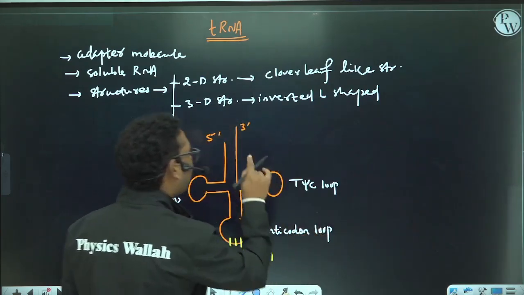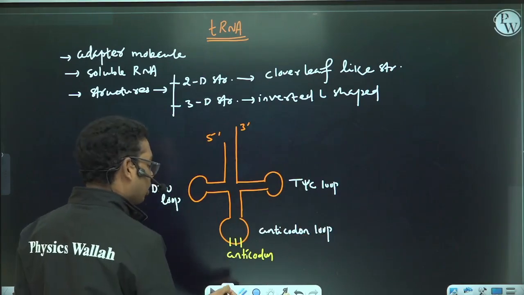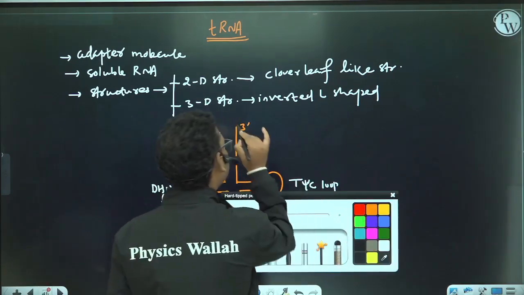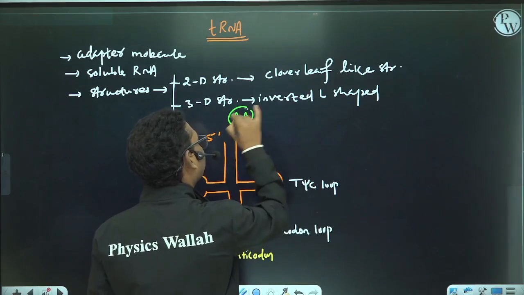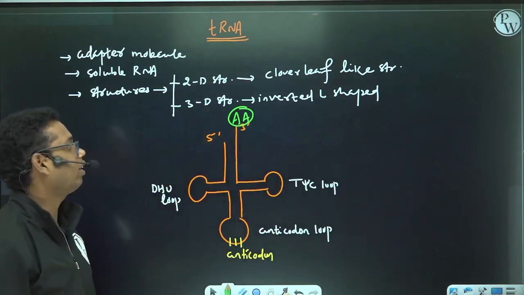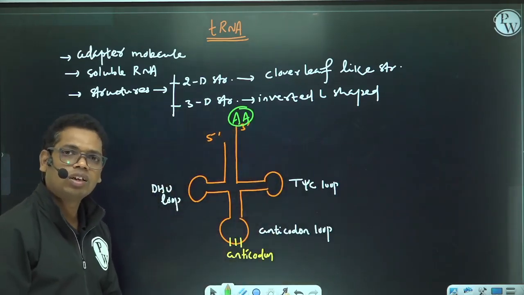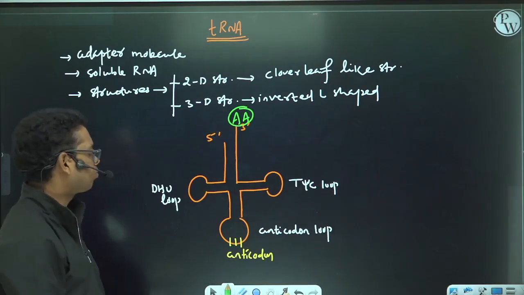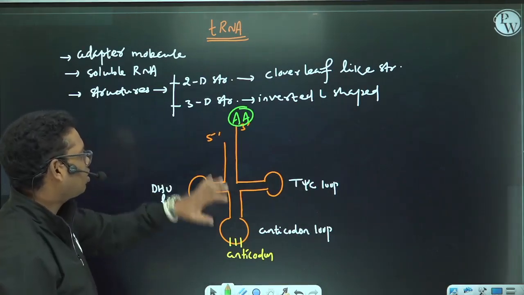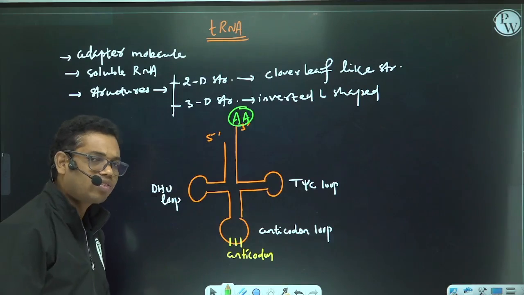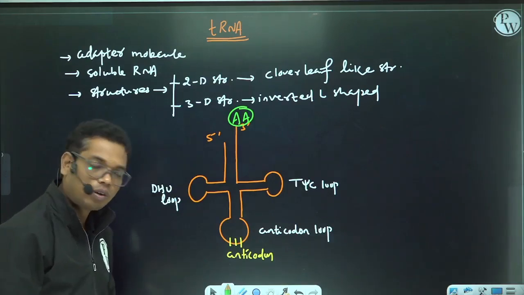And this tRNA binds to the amino acid at the 3' end. So here the amino acid will come and bind at the 3' end. Clear? So this is the structure of tRNA, the clover leaf-like structure of tRNA. Okay, now